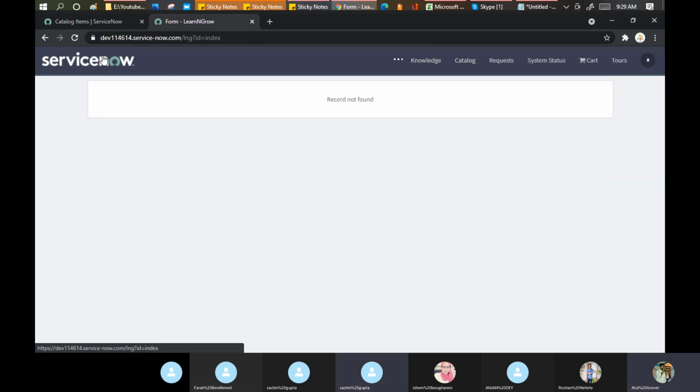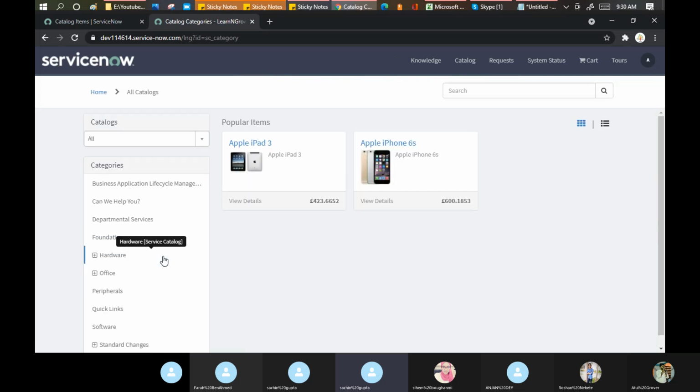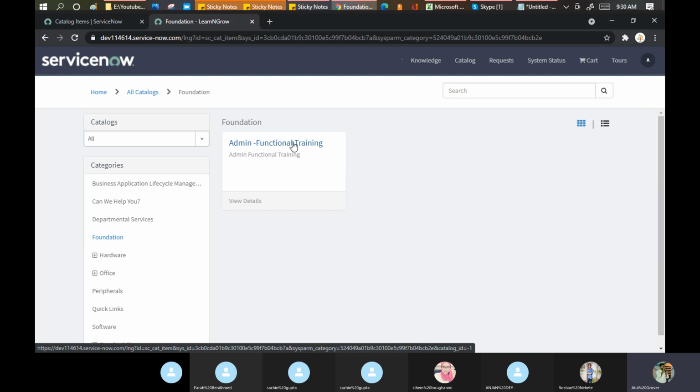Atul, in my environment we use the same thing: order now, and then the request RITM is created. They display the RITM, but in the background it is getting the REQ only. RITM is a second level. Without REQ, your RITM will not be created. Yeah, same thing. First REQ is created, and then we click on order now, and then RITM is created. Exactly right. So till now, we just created one item here.